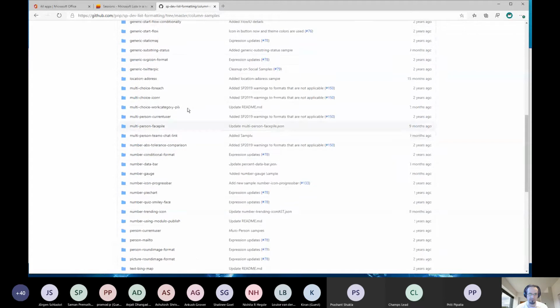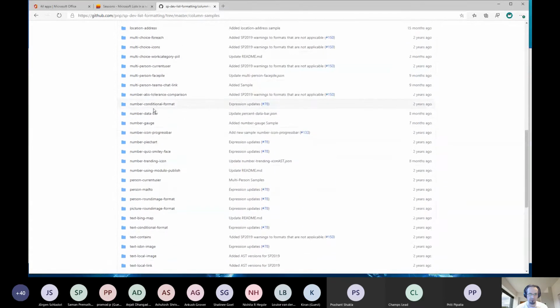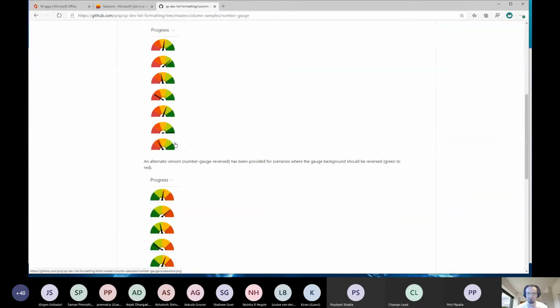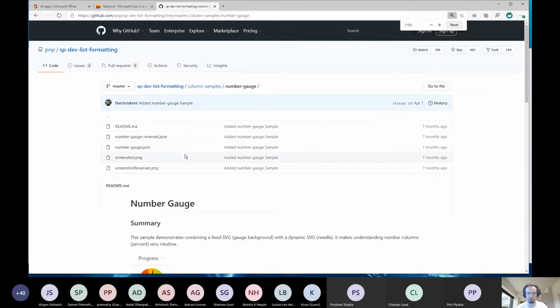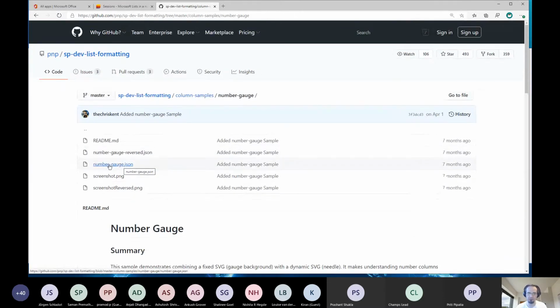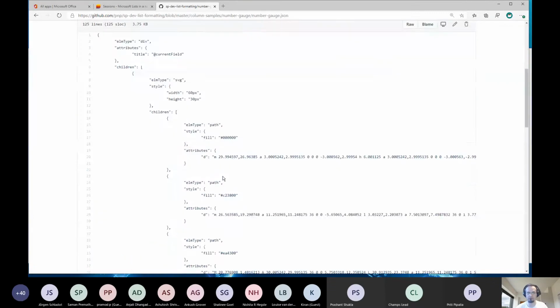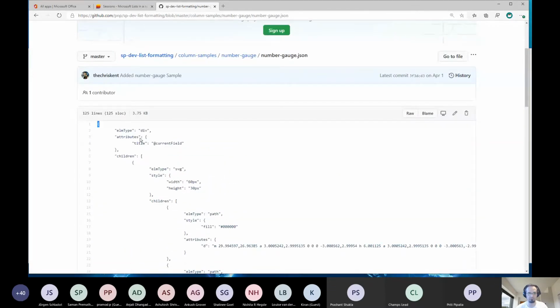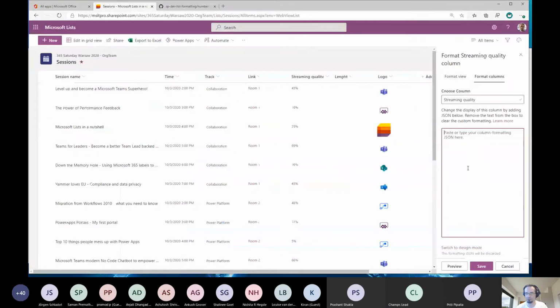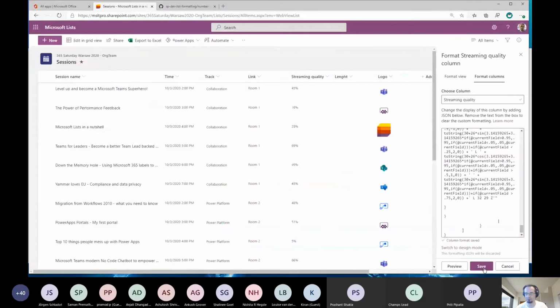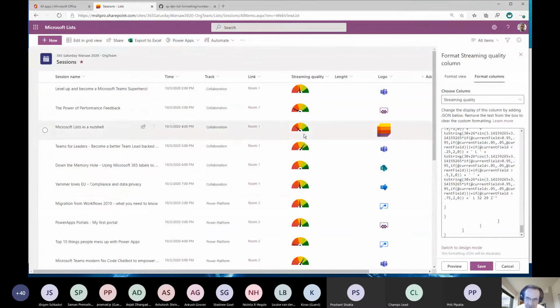So if I go and say number, this one, and make it bigger, of course. Numeric gauge JSON, so I can go there, copy the entire code, go back to my list, type it here, save, and I get back my fancy gauge icons.